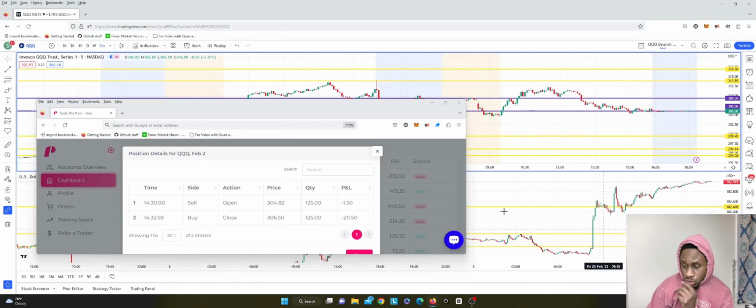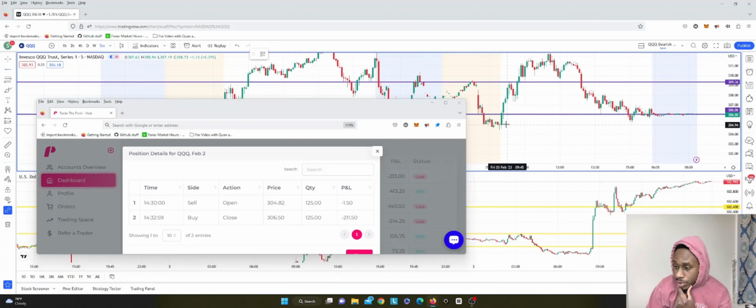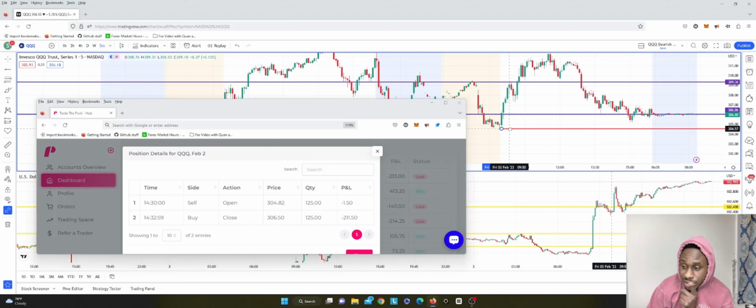So this is Friday. I had a sell position, the early sell position, which went against me so fast, at 125 shares at 304.82. I think that kind of ticked me off too because it just looks like a bad trade on the first one. Let me zoom in. And is this 9:30? Yeah, 304.82. So I had a sell position this early, and then my stop loss was a little bit above the weekly level of resistance, which I use purple for.